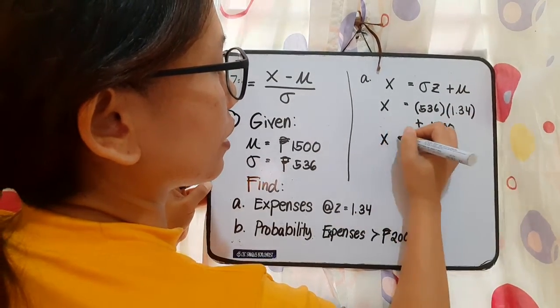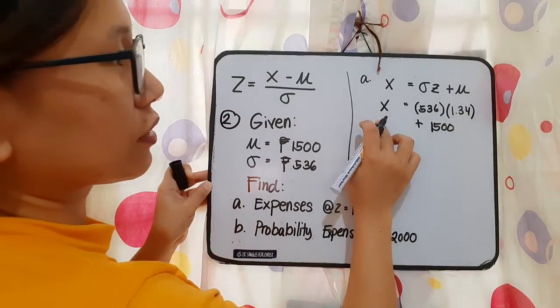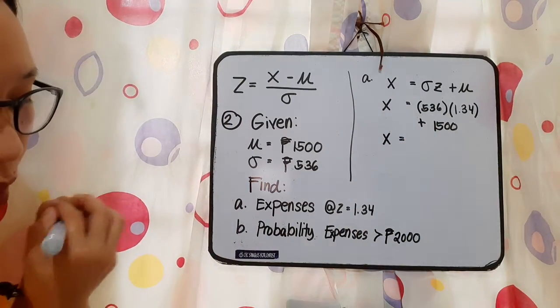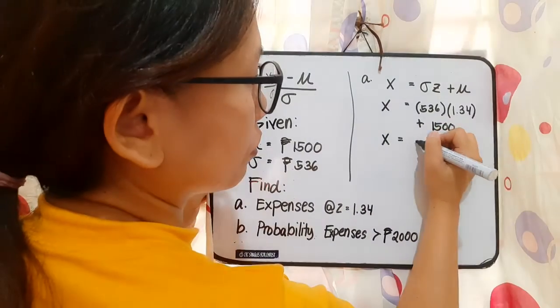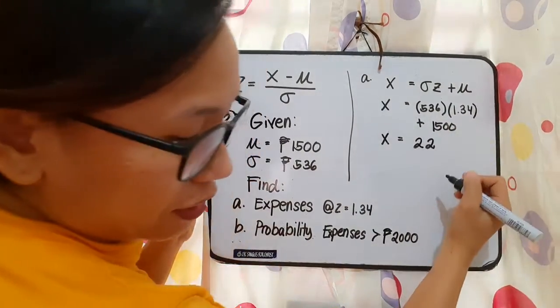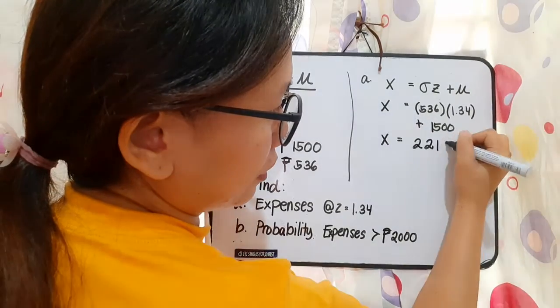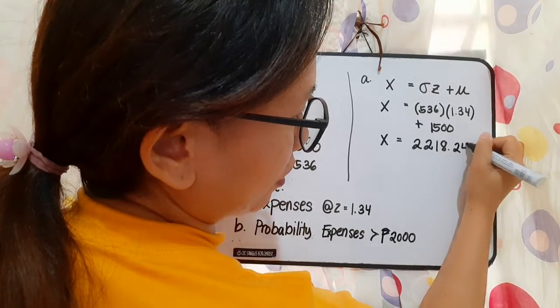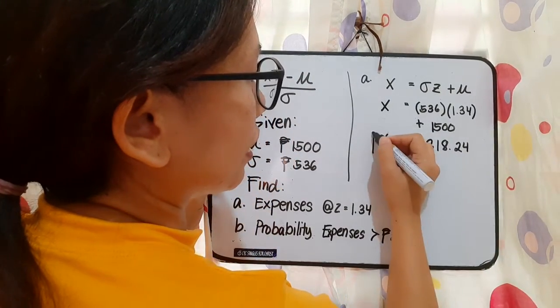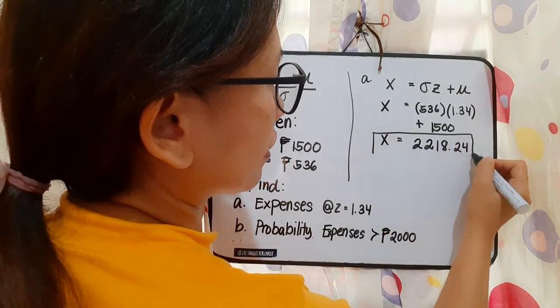So what will be the expenses? We have 536 times 1.34 plus 1,500 is equal to 2,218.24. So this is now the expenses at